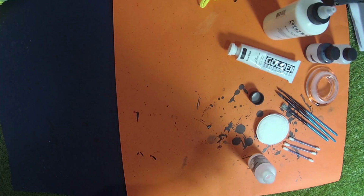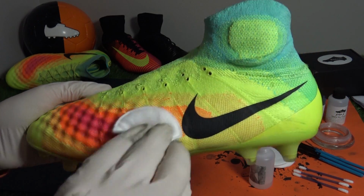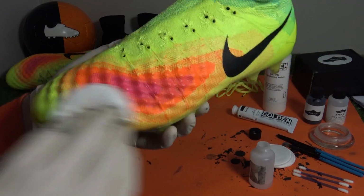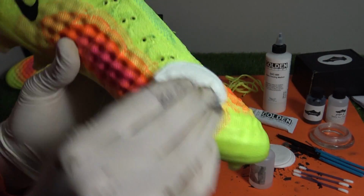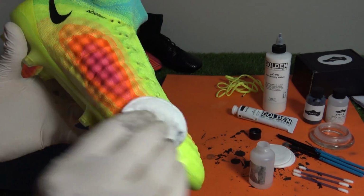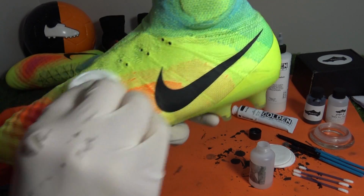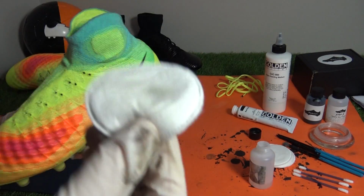If you've seen our blackout videos before, then you'll know that we'll be using a blackout kit which includes different products, and step one involves using an acid which takes away the factory finish and allows for the dye to effectively set onto the upper. Using a cotton pad works best, and apply the acid all across the upper from heel to toe apart from the Flyknit regions. After doing this, leave for a few hours to work properly,